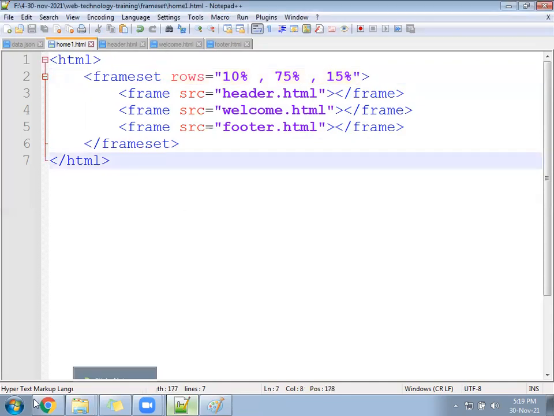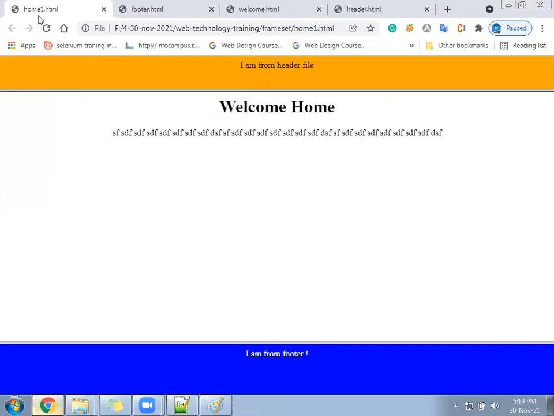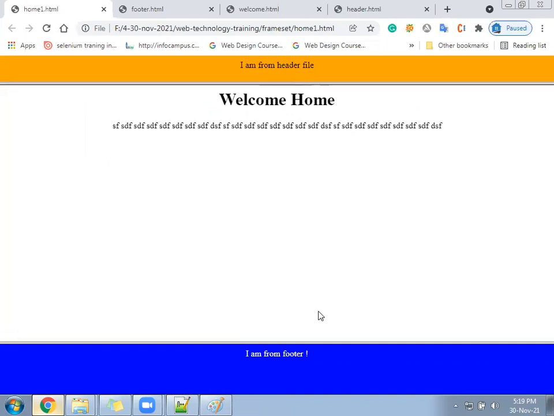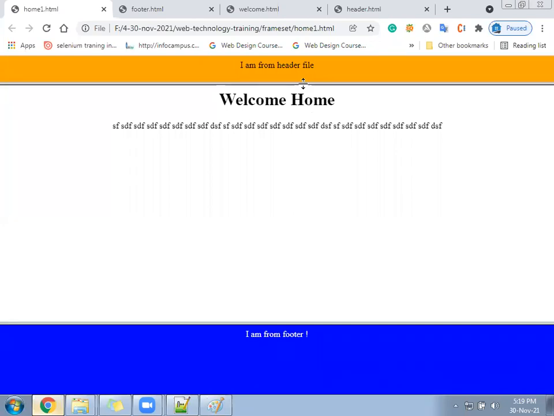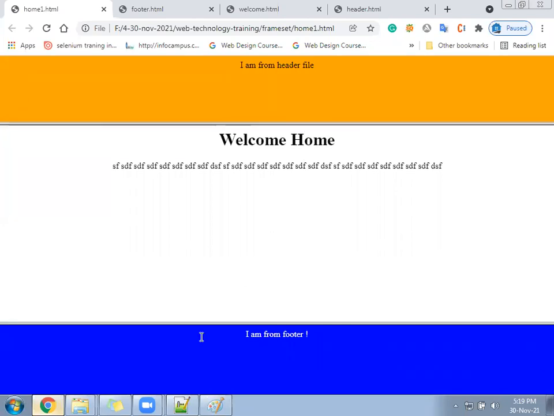Okay, next after that, come to the home1 file. In the home1 file, if you run it, you can see the border is coming. The footer also has some border. After the header also we have some border. You can increase or decrease this border.